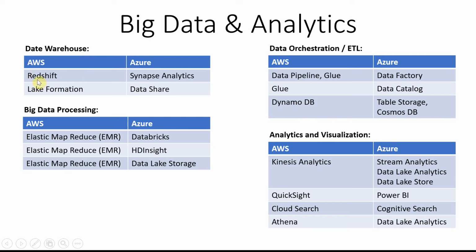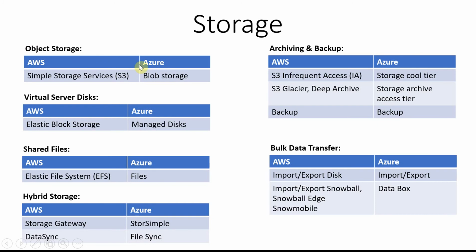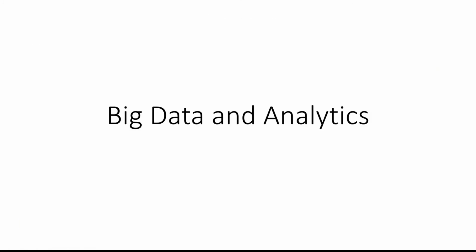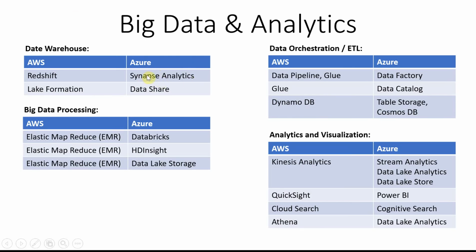The popular AWS tool is Redshift. Here it's called Synapse Analytics. Synapse Analytics has set integrations to all the popular file systems that we saw, the storage aspects. It has integrations to Blob, Managed Disk, all the file storage. So it can read data from all the storage aspects and also from the external world as well. It has various sources from which it can take data, process it, and do some analytics on top of that. That is what Synapse Analytics is.